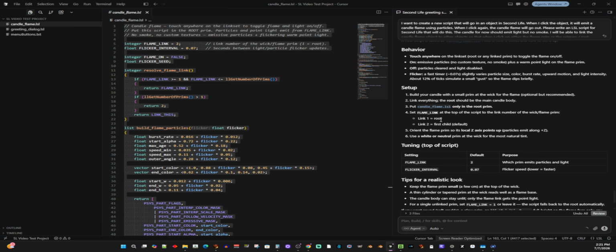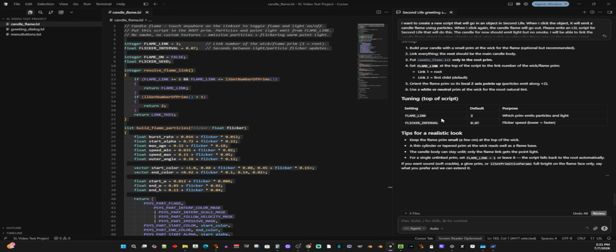Oh, I don't like that. It says I need to set the link number because link numbers can change, right? So let's make one change to the script. I don't want to use a hard-coded link number. Instead, I will name the candle prim as candle_prim. So modify the script